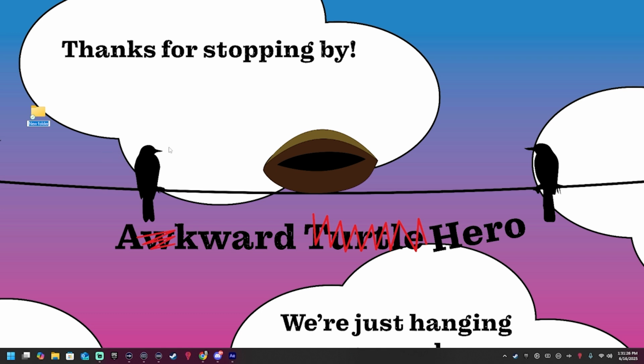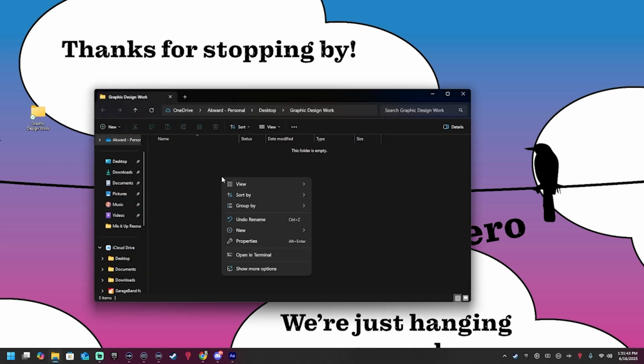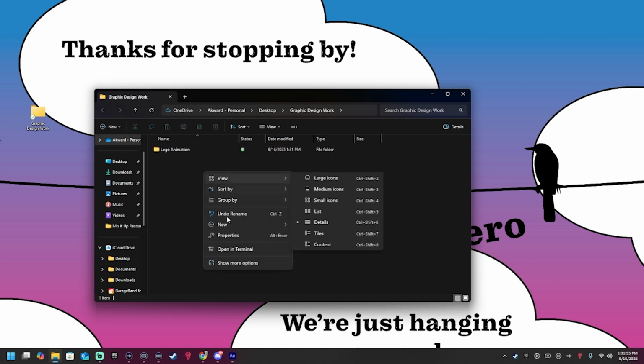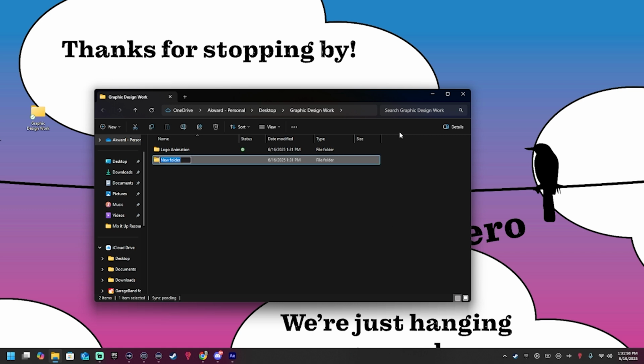Now, you can be someone like me who has folders inside of folders inside of folders. So like, for instance, this one I would call graphic design work. Okay, and then I'll open that folder. And then I'll do a new folder in here. And maybe this one's called logo animation. I might do a folder with client A,